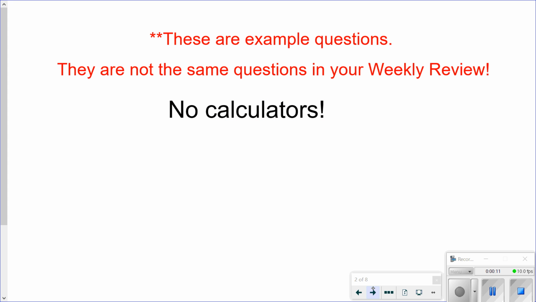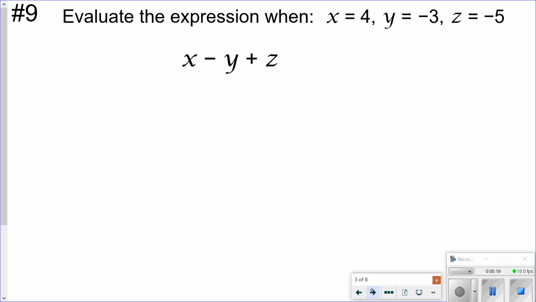Remember, these are not the same questions, so don't copy my answers and put them into your quiz because they're not the same. You're going to get them wrong. And please, no calculators. All right, question number 9 says, evaluate the expression when x equals 4, y equals -3,